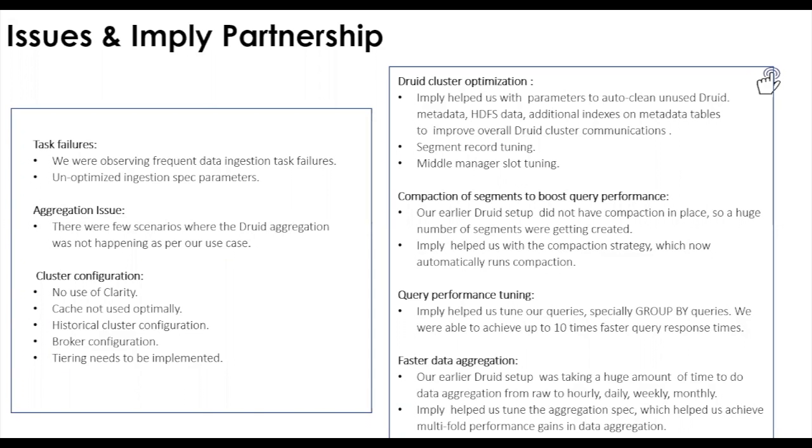Now, Imply, after the partnership, suggested that we should not look at that lens. We should not work with segment sizes, but we should work on the currency of maximum records stored per segment. Now in BT, again, every environment in every company is going to be unique, and you have to adapt everything according to your particular needs, right? And you will learn it on the way. What we did is in our BT environment, possibly because it being telecom, we realized that our dimensions, which you will know if you are from a telecom background, such as device name, sub-element name, port name, etc.,